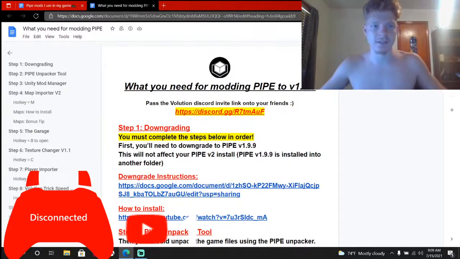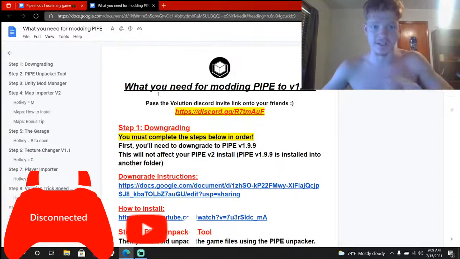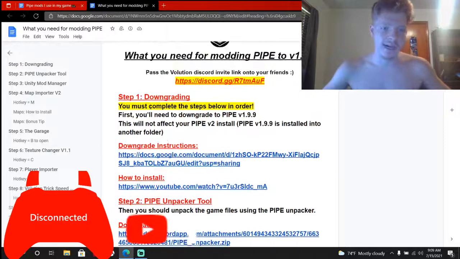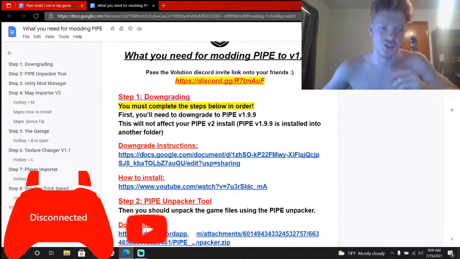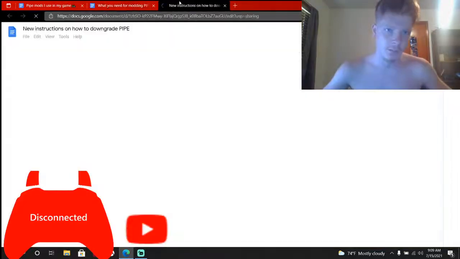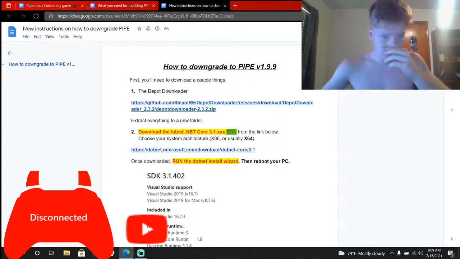So, to start off, what you need to do, go to this doc right here. It's in the description, the first link. It says what you need for modding pipe. And then it says step 1 downgrading. And then right here where it says downgrade instructions is another Google Doc. Go ahead and open that up. It'll bring you to this. And then once you're at this doc, number 1, you have to download this depot